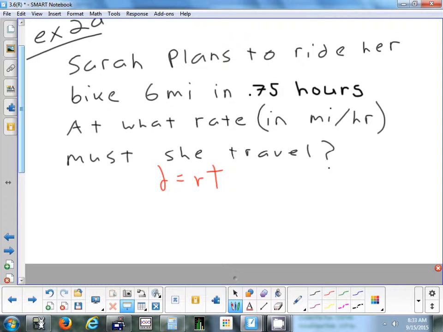Caitlin, what's our D gonna be? 6 miles. Why'd you pick 6 miles? Because distance. Again, what told you it was distance? Right? Miles, like we just put in our thing. Miles is a little hint to say, yep, I'm looking at distance. I don't have to put the MI in my problem. I just gotta put the 6. 6 equals